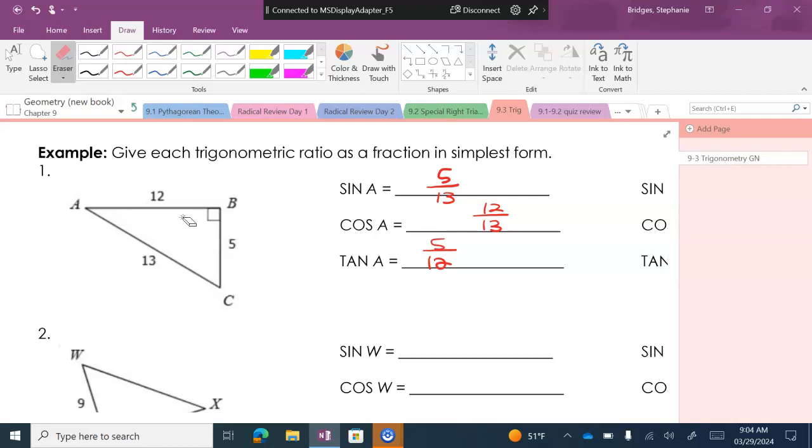So for this one, if AB is 8, BC is what we're looking for. So you call that one X, right? So X is